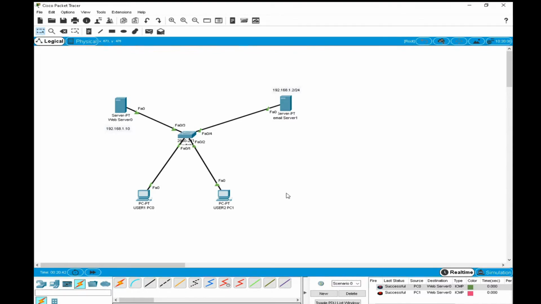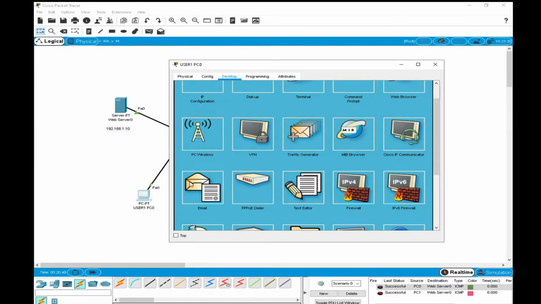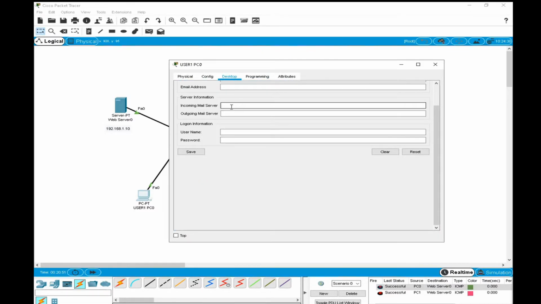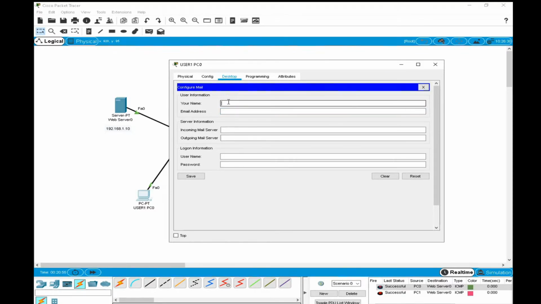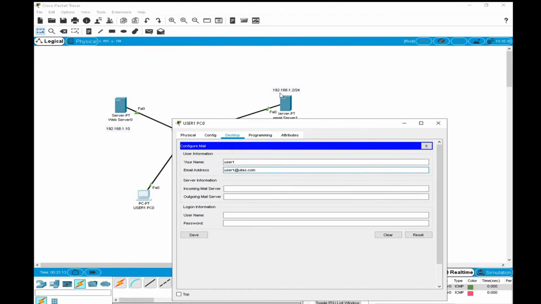First, what I need to do, I need to go to the PC, here email, and here first the name user 1, email address user 1 @utas.com, incoming server. So this is our incoming server 192.168. So this is our email server.